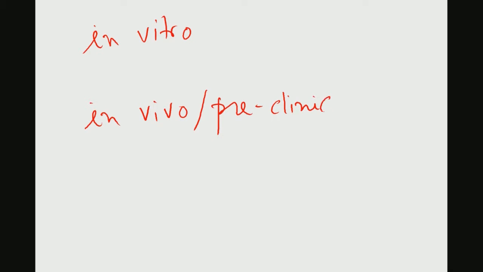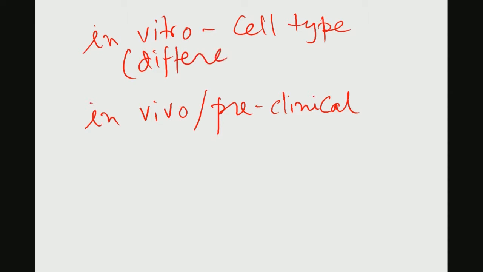We have learned about in vitro studies to a greater extent. To the same extent, or maybe a little bit lower, we have also discussed in vivo biocompatibility study, and in vivo is typically known as the preclinical study. Now, in vitro study, depending on the cell type, you need to have different assays, and different assays were also discussed, which can be used to quantify cell functionality and cell viability